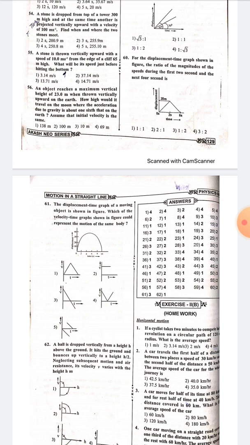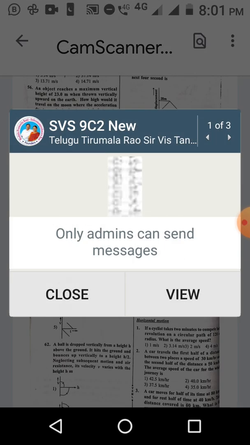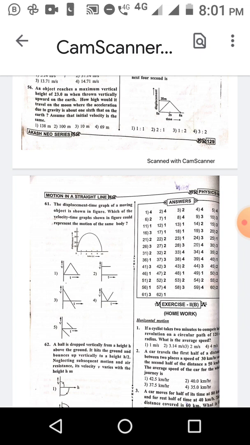So let us take this into a quadratic equation: 4.9t square minus 100t plus 300 equals 0. By solving this quadratic equation, what do you get? What is the Sridhar formula? Yeah, Sridhar formula is minus b plus or minus root of b square minus 4ac, by 2a. Let us substitute those values. What is the b value? Minus 100. So 100 plus or minus root of